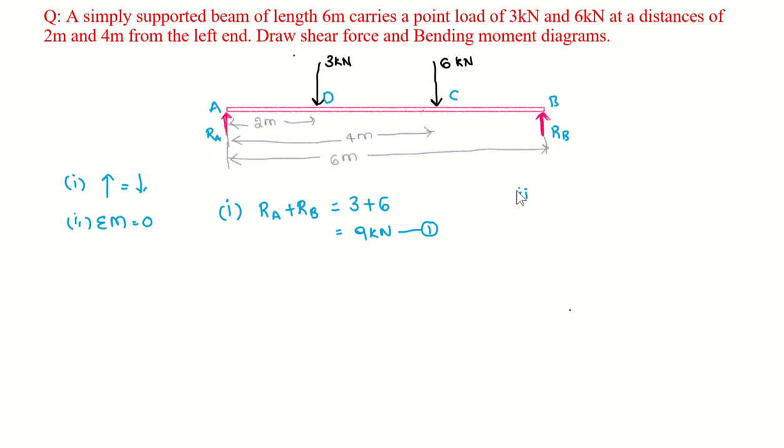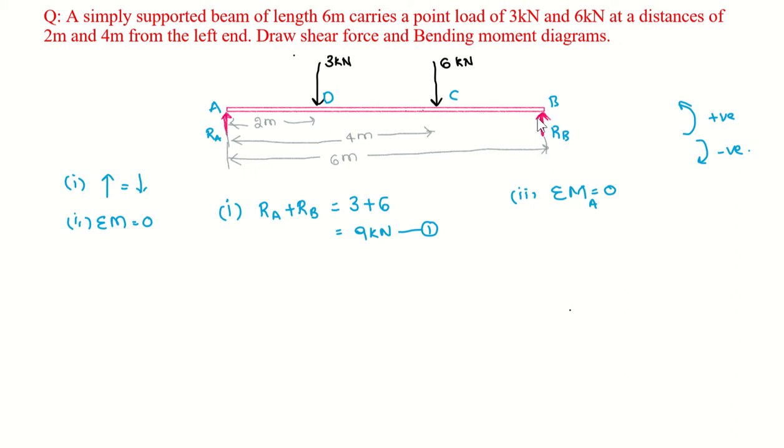Now the second equilibrium condition, sigma M is equal to 0. Sum of moments about any point is equal to 0. I am taking moments about A here. Whatever force I take, I have to consider the distance up to here. Moment is nothing but force into perpendicular distance. Let us consider from right to left again. Here anti-clockwise moments are positive, and clockwise moments are negative, or we can take vice versa also, as we have discussed. Okay, so let me take from this side.